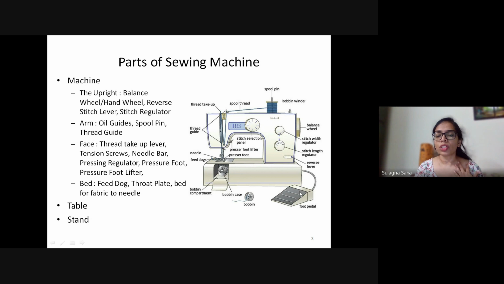If it's a domestic machine or an industrial electric machine, we'll have a pedal that we press, or we can have a treadle wherein we are essentially moving the machine foot front and back. There is a hook at the base here. So we open this up. Inside the bobbin compartment, there is a hook on which the bobbin and the bobbin case fit. It works like a hook shaft which holds the bobbin and bobbin case together.